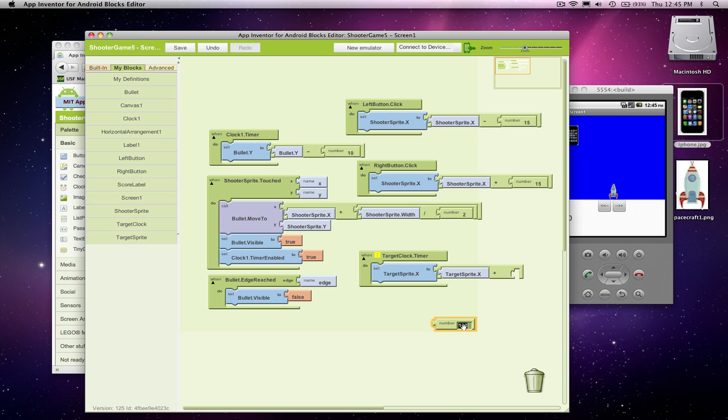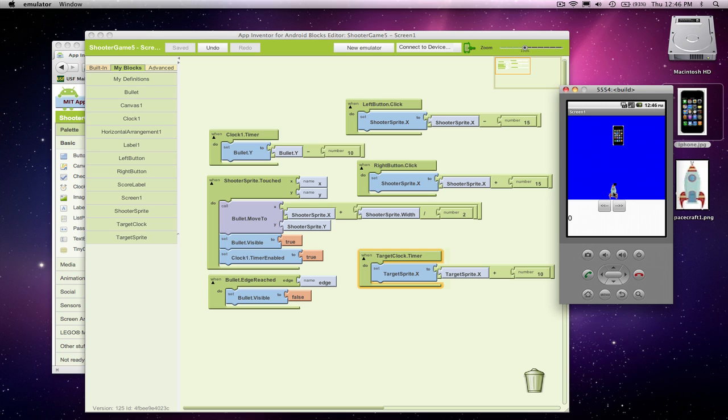Okay, and watch the display over there, because my target's going to start moving. Okay, it's going pretty slow, and we'll leave it there for now. We can always change the timer interval of the target clock. So right now I've got a game which is kind of fun. I can shoot at the target. I can move this guy around to catch the target, and now I need to deal with when the bullet